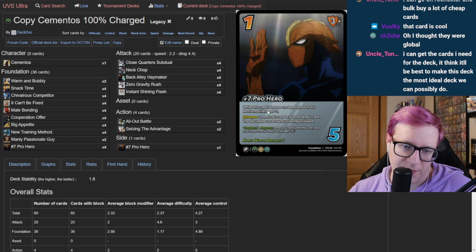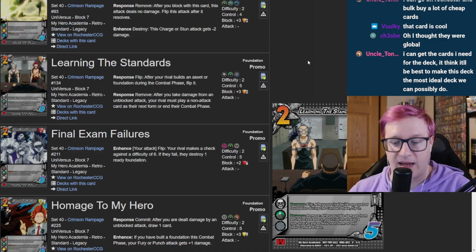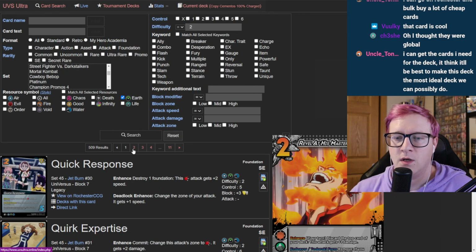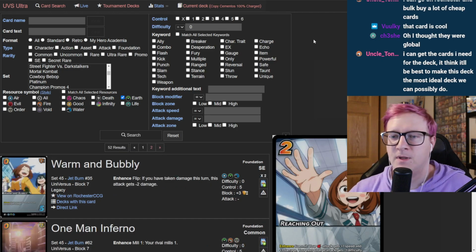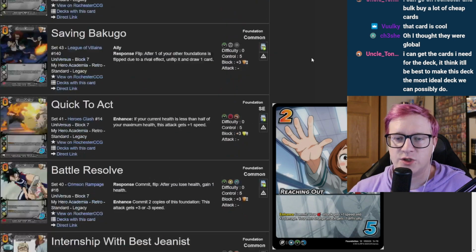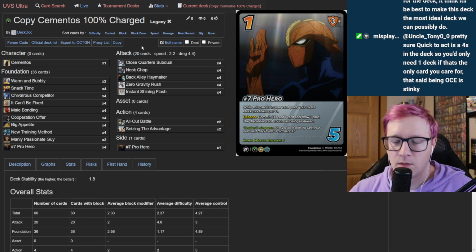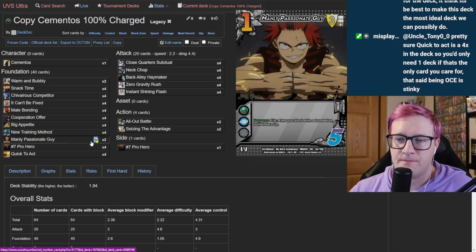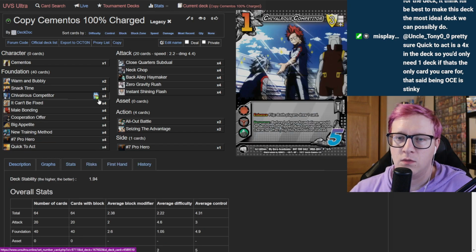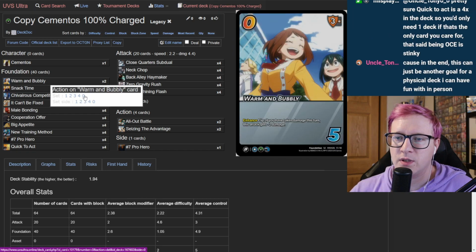I think it'd be best to make the deck the most ideal we can as possible. Okay, then I will go put that card back in the deck because I think that it is good and worth it. Because it's so easy on turn 2 to get dropped to 14, right? That's so easy, and then all of your stuff. I'm just gonna cut the warm and bubblies,